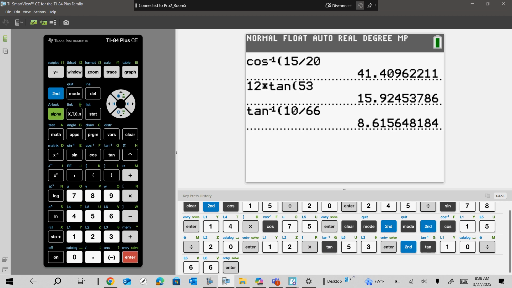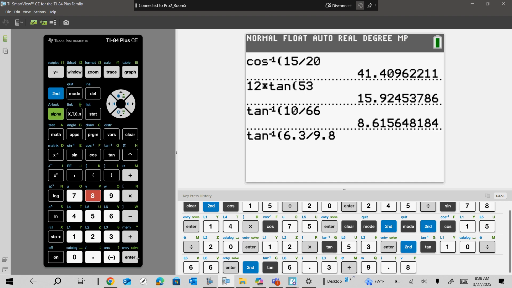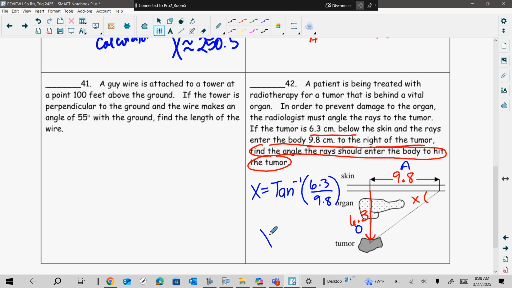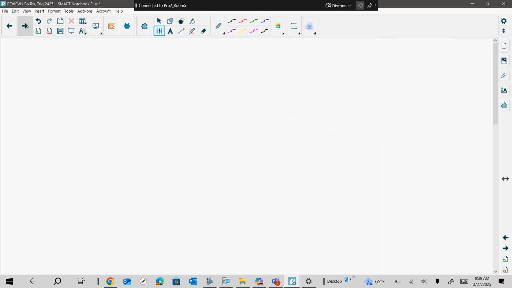So we have to do second tangent of 6.3 divided by 9.8. And we're going to round to the nearest whole number for degrees. Yep, 33. All right. Now on the back, the next page,